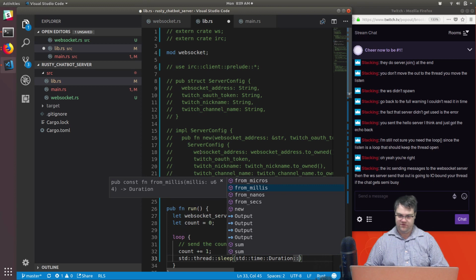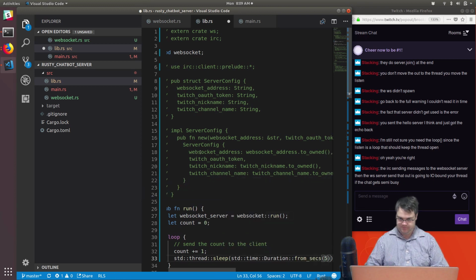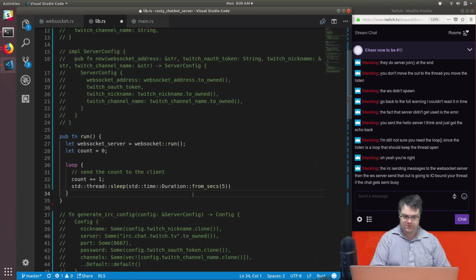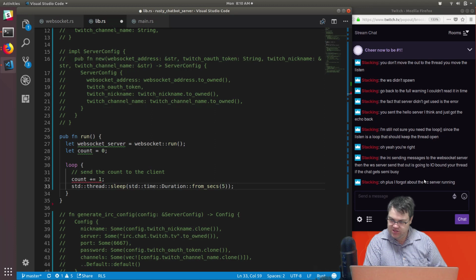Duration from seconds. Let's do every 5 seconds. Close you. So then we'll wait for 5 seconds. Oh, plus I forgot about the IRC server running. Right, the IRC sending messages to the WebSocket server. Then the WebSocket server sending that out is going to be IO bound. Your thread, if the chat gets semi-busy. Oh, so